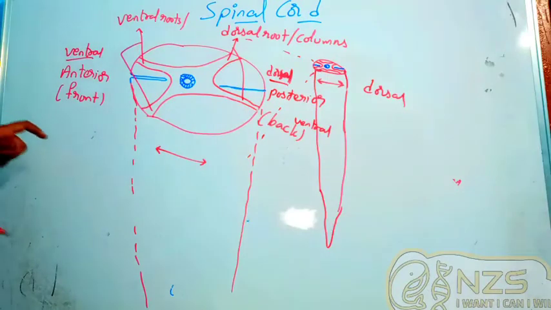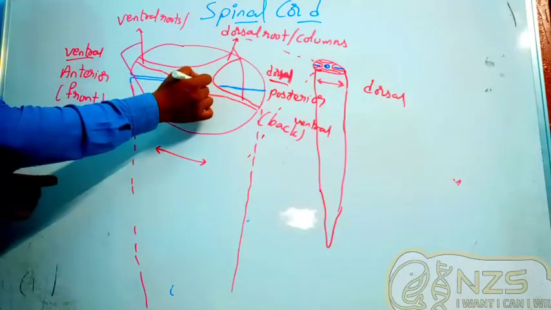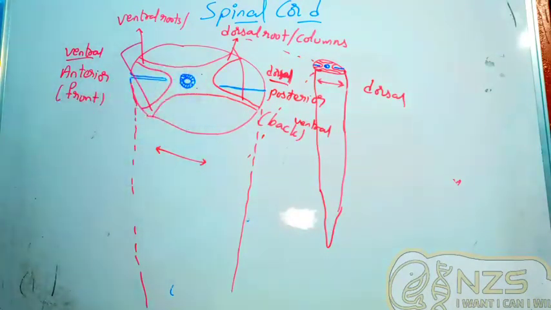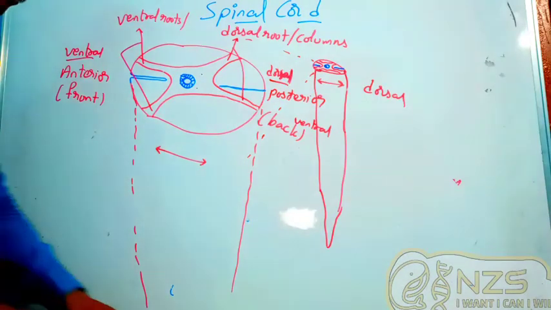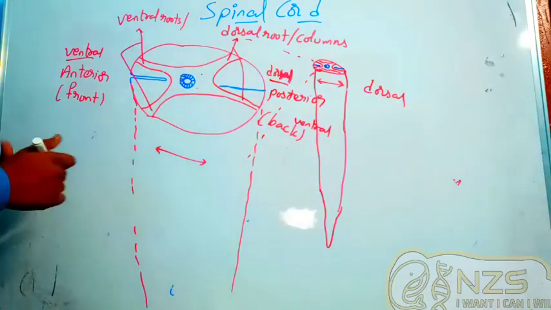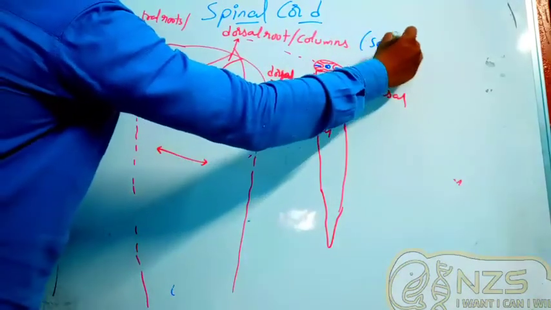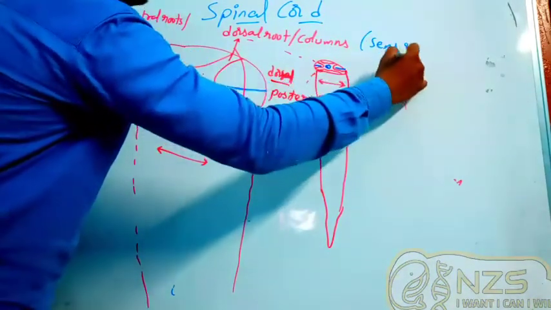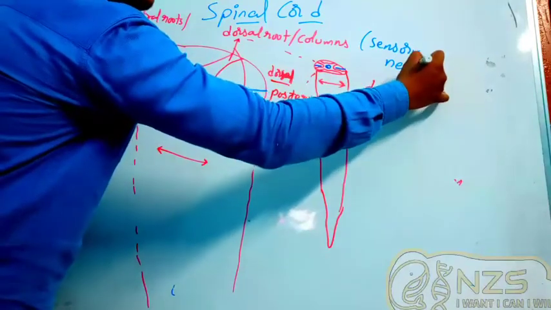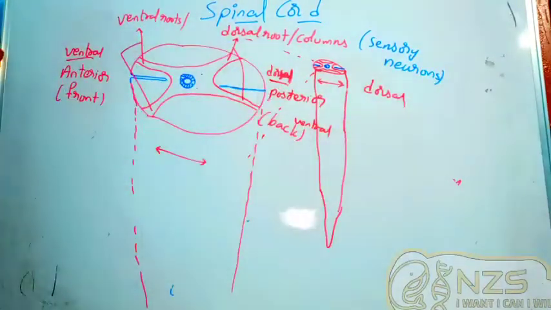Now in between we have the interneurons. In the gray matter we have interneurons. Those things will come in TNS, no worries. But the main point we discussed, dorsal roots will have all the sensory neurons. So we will have all the sensory neurons rushing in from the sensory organs of the body, like the eyes or the skin or other sense organs, nose, mouth, tongue, I should say, and all those things.